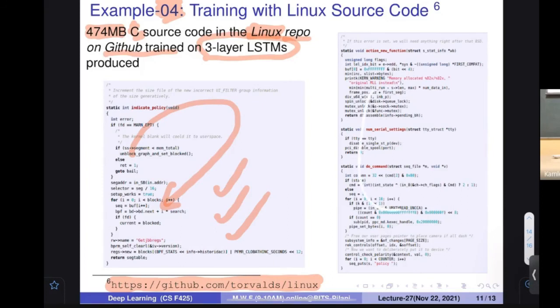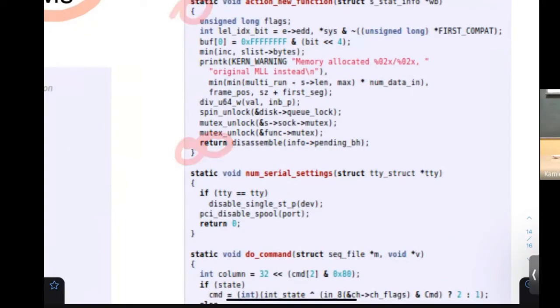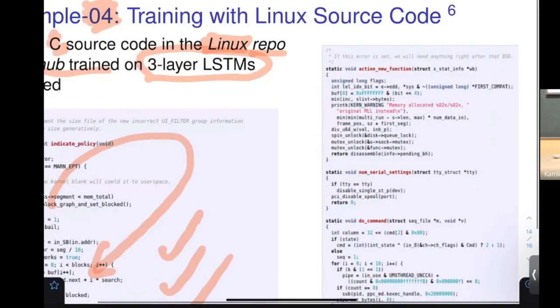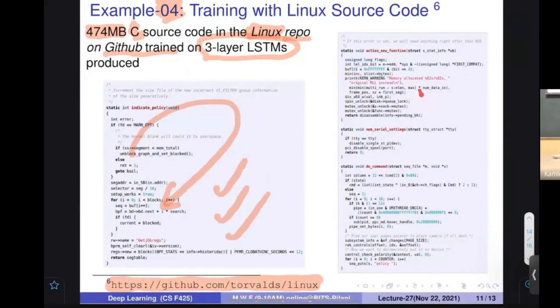But if you don't read it, can you tell that this is wrong code? You cannot tell. You can see that in the same way, the code starts with a comment. Here also it starts with a comment. Then static void, function name, brackets starting, brackets ending. Here curly braces start, curly braces end. At the end there is a return statement. Every statement has a semicolon, so syntax errors are also not there. Many things have been learned. The system has learned many things, and it was able to produce this kind of output.